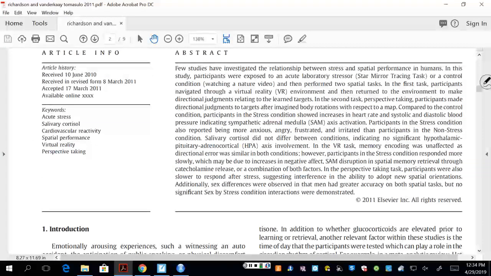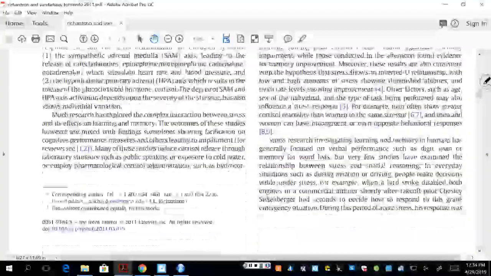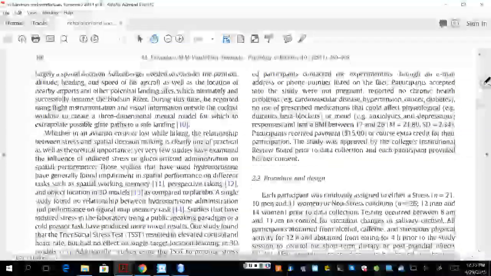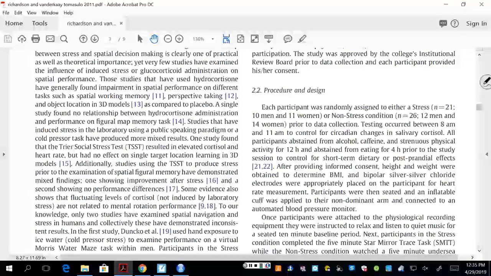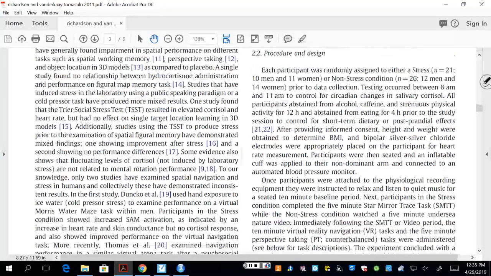So in an article like this, they would go through a number of things, so some background of what's going on. They have participants who are randomly assigned to either the stress condition, 10 men and 11 women, or the non-stress condition, 12 men and 14 women, about balance between the two groups. They were randomized. They tested between 8 and 11 a.m. People were supposed to abstain from alcohol, caffeine, and physical activity for 12 hours before that, to try to put their body in a more neutral, relaxed state, right, informed consent,